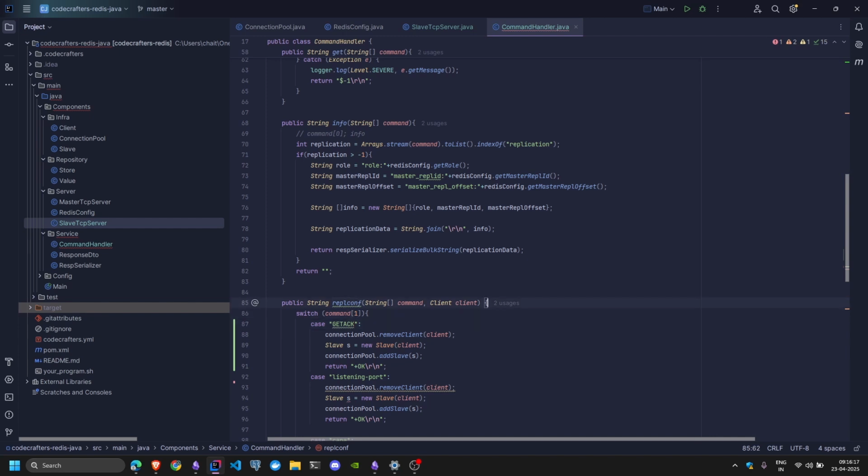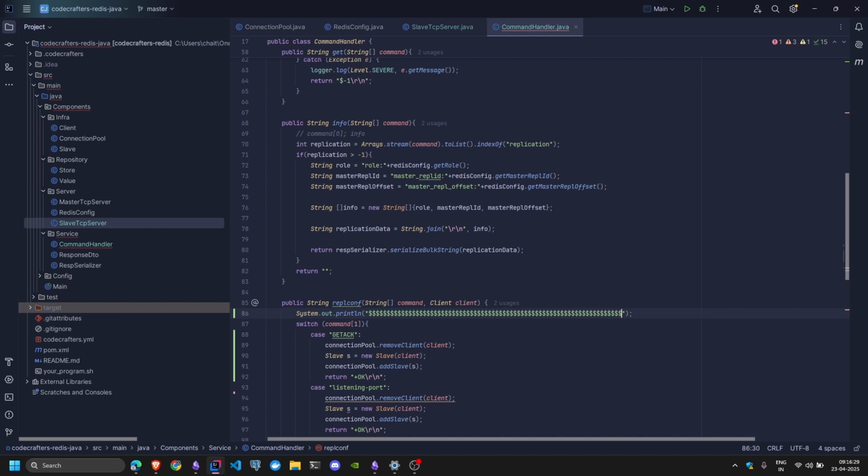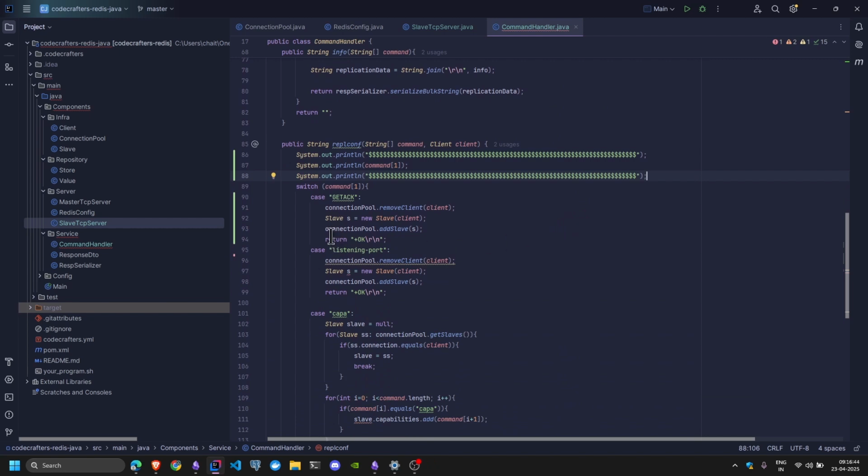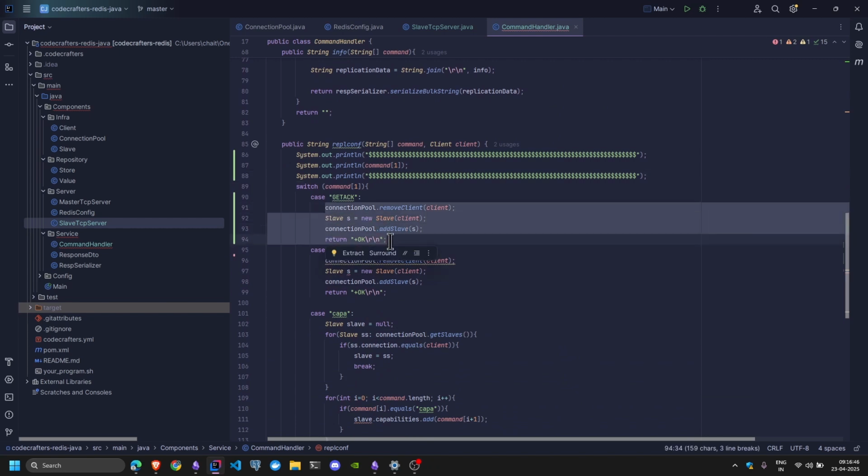I'm not 100% sure if this will be all in caps. So let me just print that. If it's not in all caps, then we'll have to change it to get ack small. So we'll see that soon. And when we get this get ack command, we know what we have to do, right? We have to return a repl_conf ack followed by